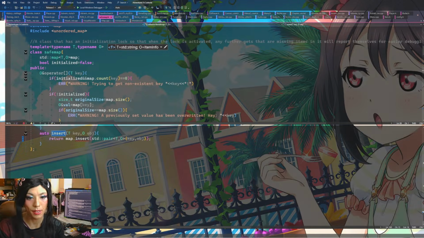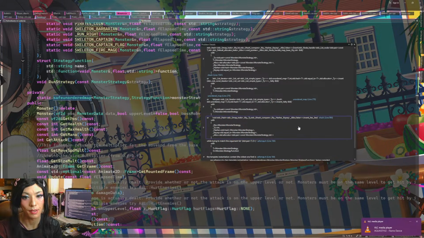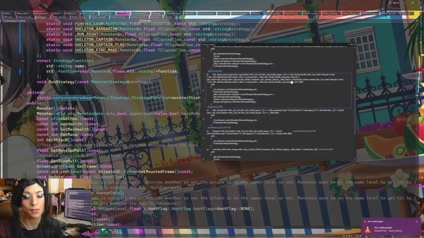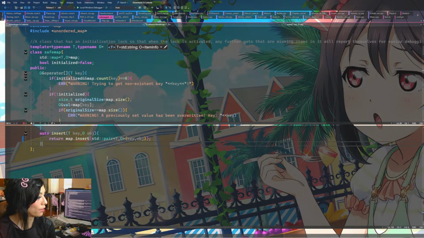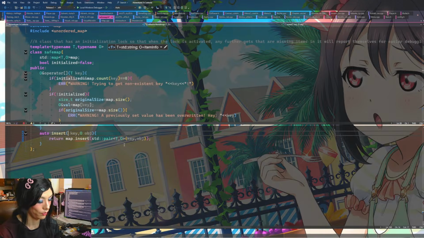It's just strange to me that it does that in the first place. I wonder what happens if I just supply the pair directly like it wants me to. I wonder if I can just auto these. Can I just auto everything?